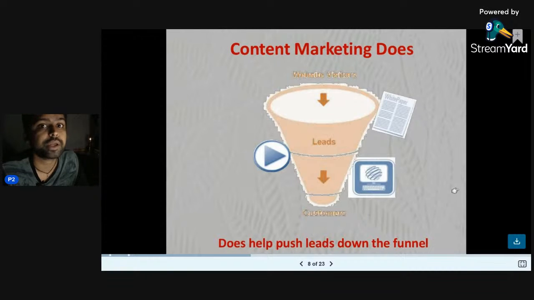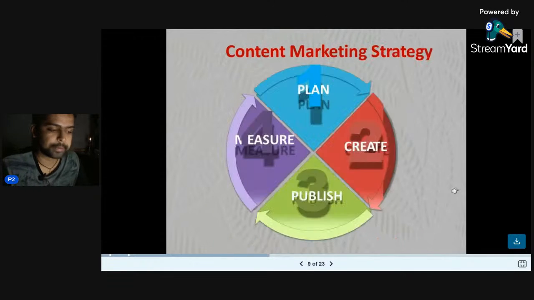That is done by capturing their emails, numbers, or anything that can be used later to nurture that audience. That's the important part of content marketing, and that's where the content marketing funnel comes in. The content marketing or digital marketing funnel is a completely different concept. Let's not enter that, because that will be a completely different session. I might take it later on, but right now that's the only thing that you need to understand.